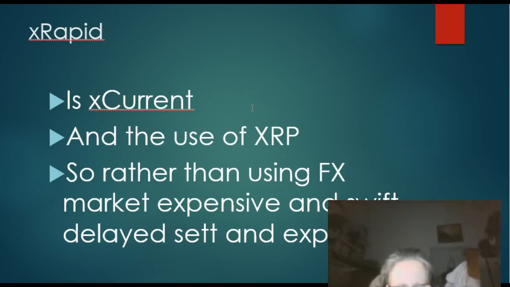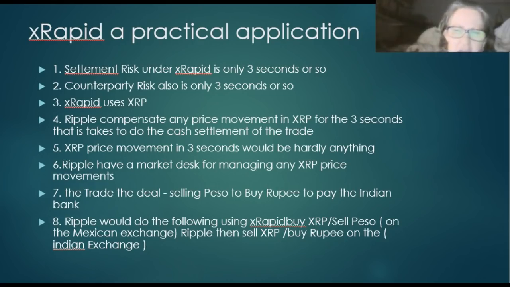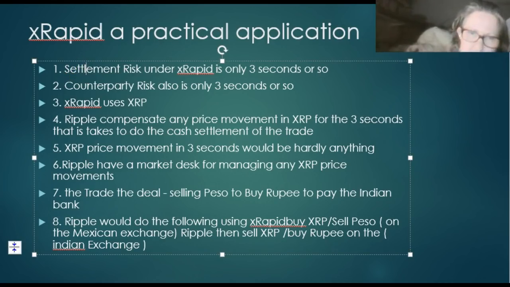Right, so the smart client says to Ripple, I want to use your xRapid system rather than the old SWIFT clunky system and me having to go through the foreign exchange market where I'm going to get ripped off with doing a trade today plus 2 days or more for settlement. So what does that mean? A practical application, and I really think people need this, because I just don't think people understand, and I'm really trying to make you guys understand. What it means is, if we use xRapid and the settlement, sorry, I've got spelling errors everywhere here, but please forgive me for spelling errors because I just put this out very quickly.